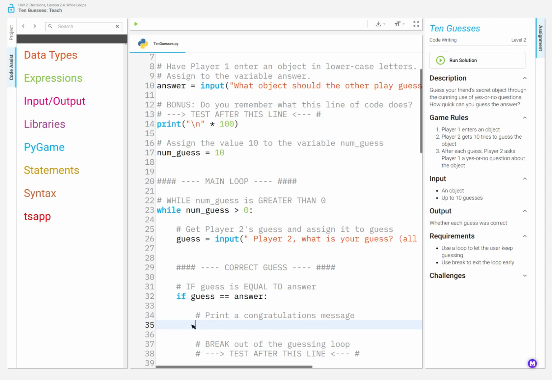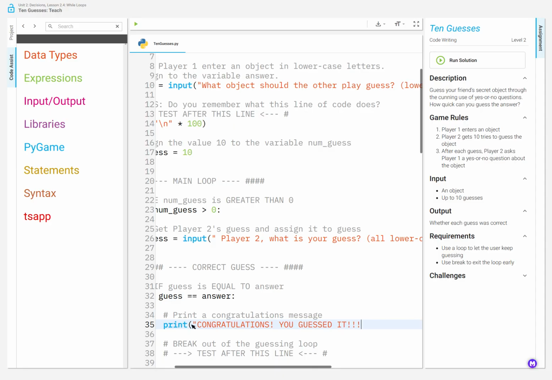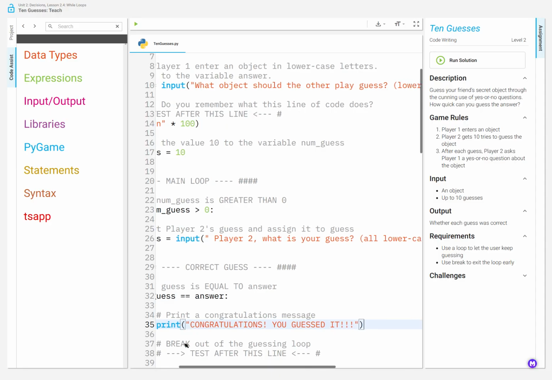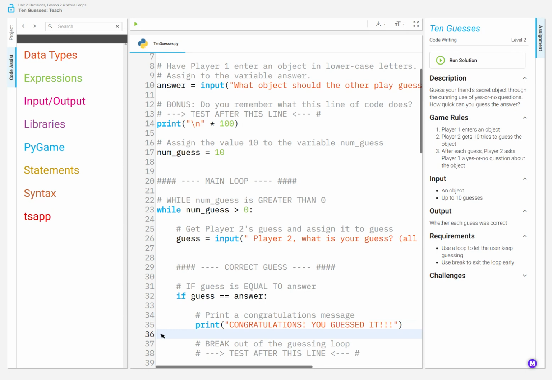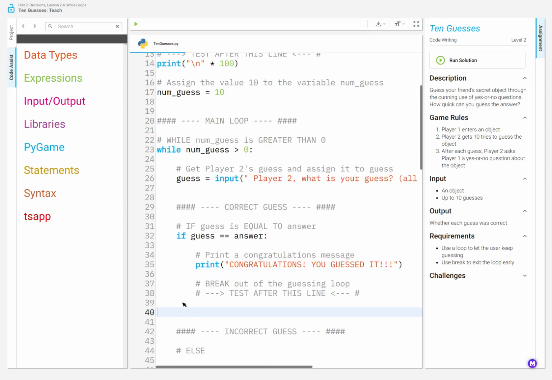We're going to print a congratulations, and make sure you tab that appropriately. Print parenthesis quotation mark, Congratulations, you guessed it. Okay? Or something along those lines. All right? Say what you want. And then at line 39, it says break out of the guessing loop. So if guess equals answer, we just simply type the word break, all lowercase, and it will end the questioning